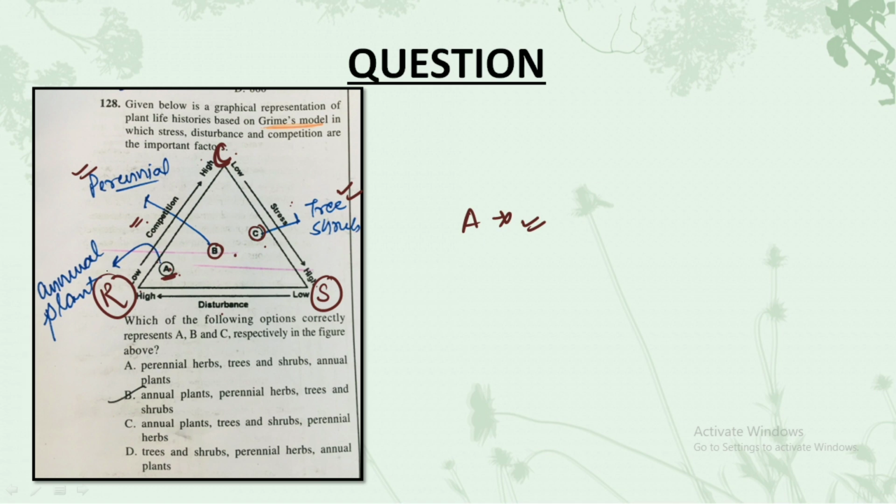So you have to remember, this is not a question in which you have to experimentally apply something. You just have to remember these points and you can easily score 4 marks from this question. So if we match A for the annual plants, A is pointing out annual plants in 2 of the options, so eliminate A and D. Then we have B showing the perennial herbs, so B represents perennial herbs in the second option. Then we have C being the trees and the shrubs, so C represents the trees and the shrubs. Hence B is the correct answer for this particular question. C is also eliminated. So you could see you can easily score 4 marks from this question.